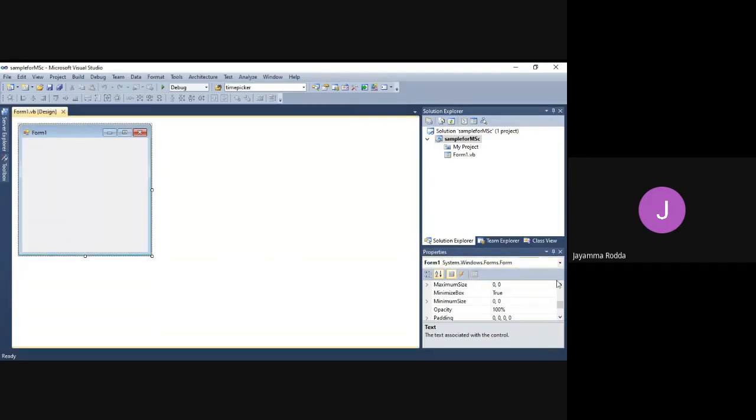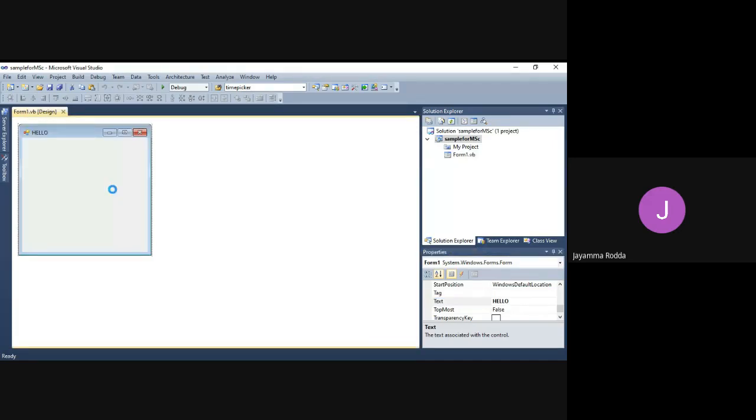One thing I'm going to tell you: this is the form application. In this form application, if you want to name the form, you have to go to the Text property of it. See, I'm just searching for the Text property. This is the Text property. By default, for any control, the Text property will be selected. So I'm going here and typing hello. That form name is hello. You can see my form is renamed as hello.